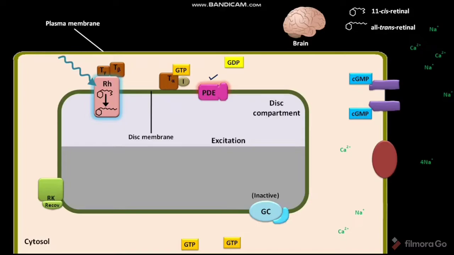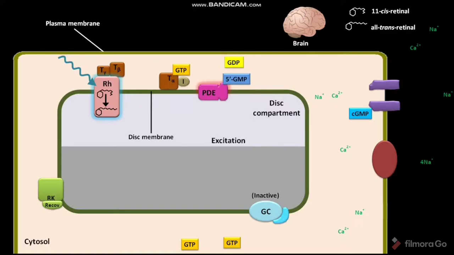The plasma membrane of the rod cell has cGMP-gated cation channels in an open state. Through these open cGMP-gated cation channels, sodium ions and calcium ions pass into the cytosol of the rod cell. The cation channel protein-bound cGMP then binds to the active PDE. The active PDE then catalyzes a biochemical reaction in which the bound cGMP is converted into a biologically inactive compound,